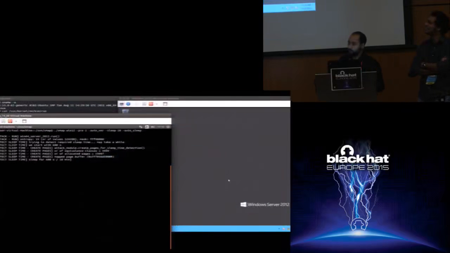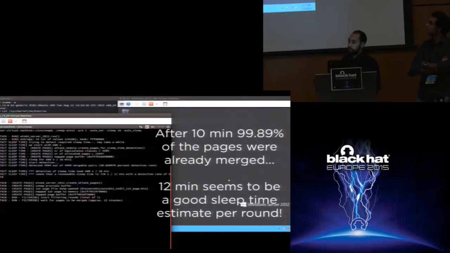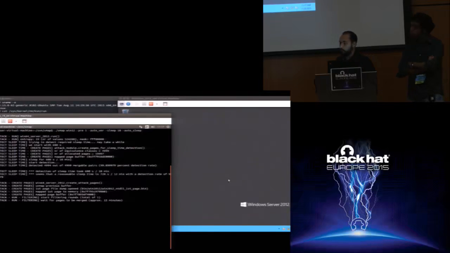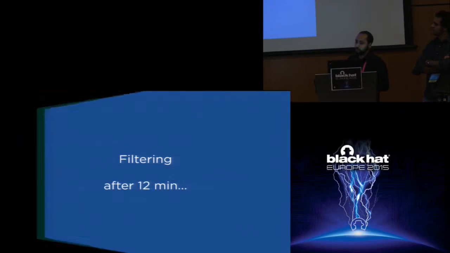What happens is the following. We start writing to these pages and try to detect the rate of merged pages. As you see, we were already able to see that more than 99% of the pages got merged. So we then just take these 10 minutes and say 12 minutes is a good estimate for the wait time. Next we start with the first round of attack, the filtering round, where we map this first NTDLL page and adapt all the base addresses. And after these 12 minutes,